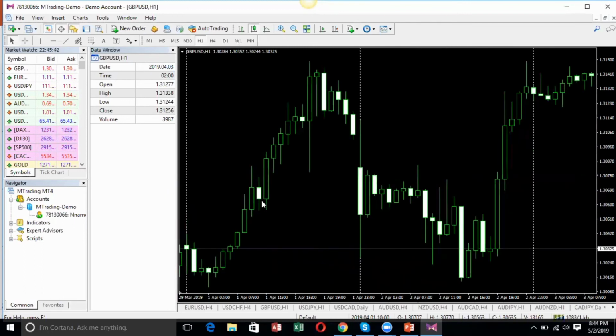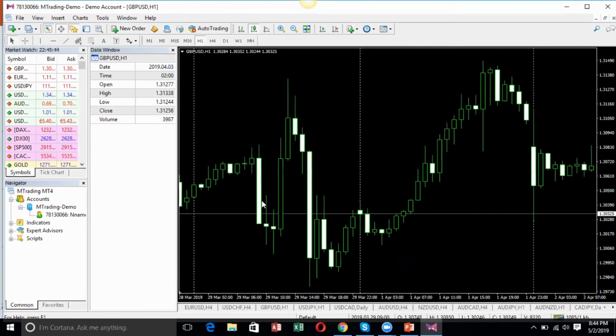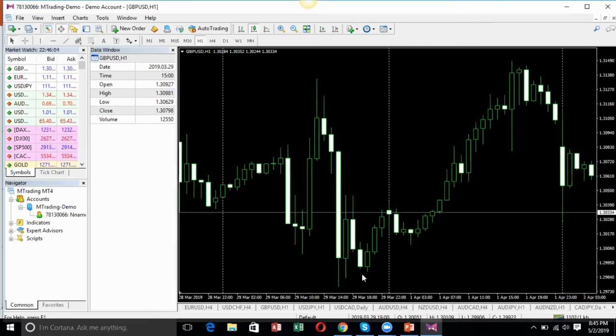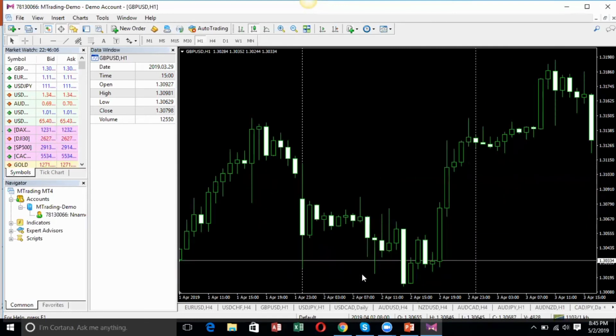We're still looking for a shooting star. Okay, this is a shooting star. Can you see? This is a good shooting star. After this market went up, the shooting star appeared and it brought the price down. It made the buying trend change to a selling trend. So you do yourself a favor by